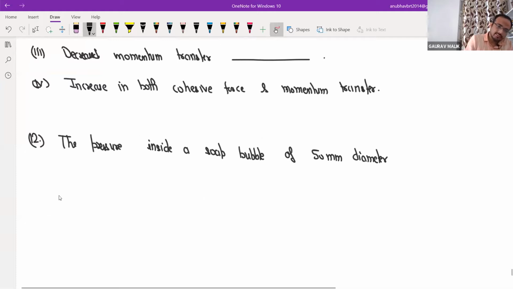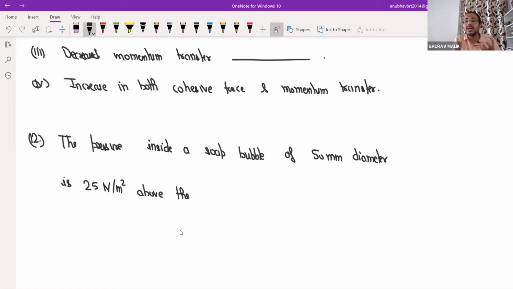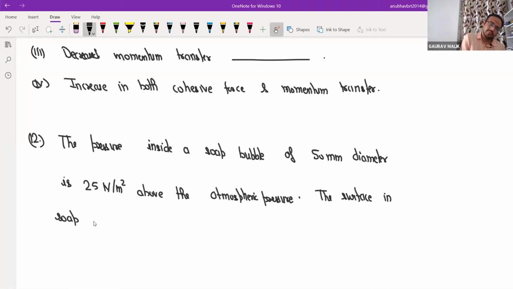The pressure inside a soap bubble of 50 millimeter diameter is 25 Newton per meter square above the atmospheric pressure. It means it is delta P, or excess pressure. Above the atmospheric pressure, the surface tension in soap film would be